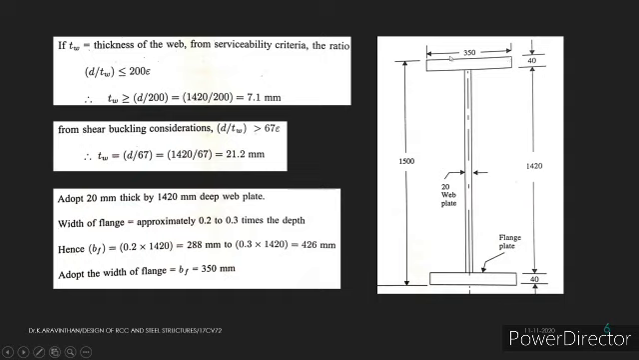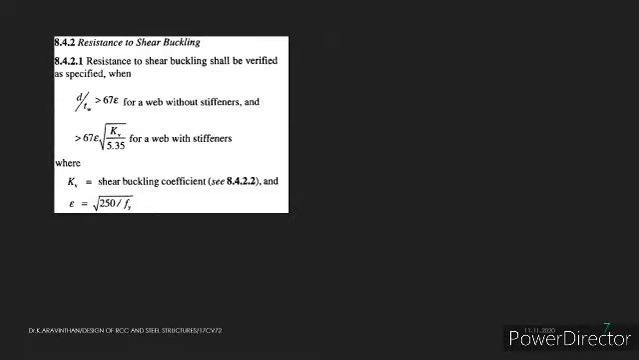Okay, now what we have done is we know the depth of the web and the thickness, and we have also identified the flange width and flange thickness. So now the dimensions and geometric properties are designed. Earlier I said that there was a ratio for